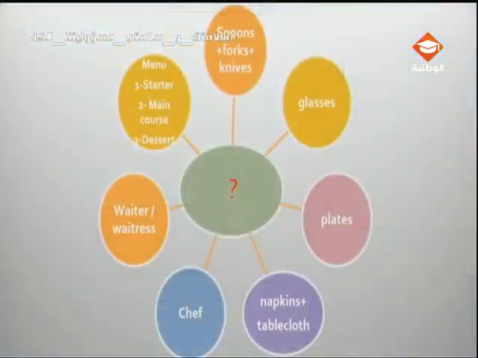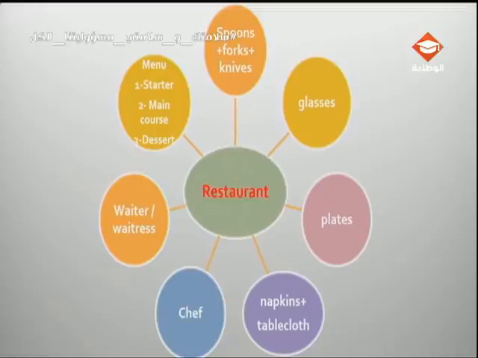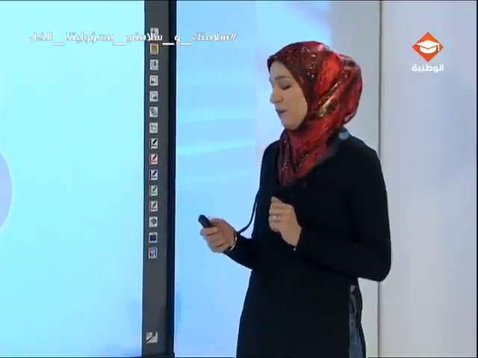So when we look at this diagram, we can understand that it's not about a cafe, it's in fact a restaurant, okay? We can find food and menu and chef and all of these elements at a restaurant. So let's listen to something related to the restaurant. Let's listen to a conversation at a restaurant. You are going to listen and find out the speakers and the topic: who is talking and what are they talking about. Let's listen.